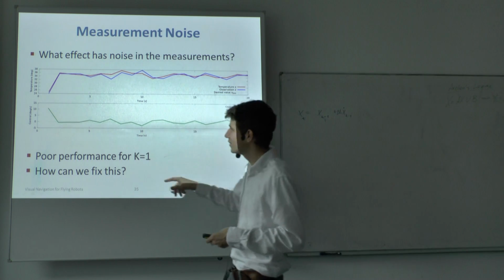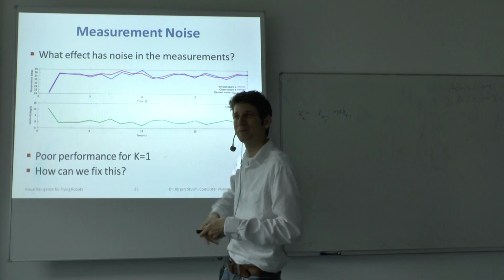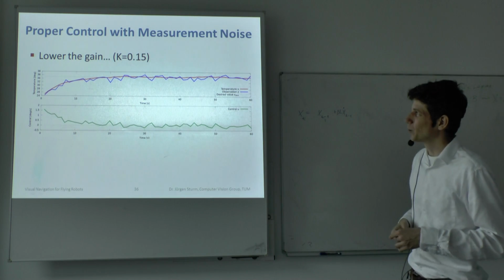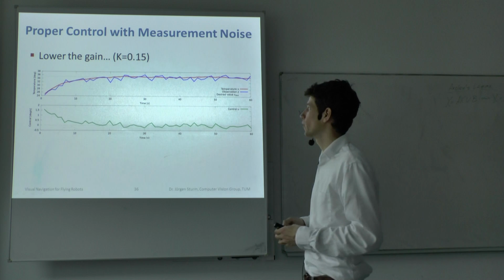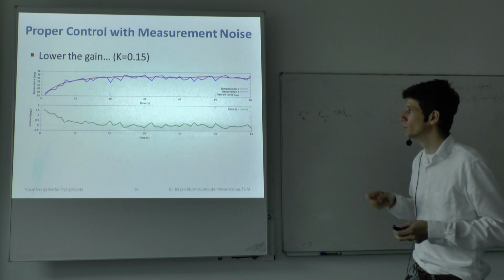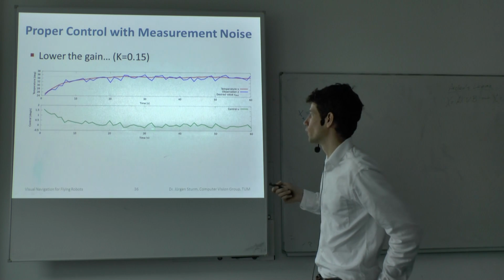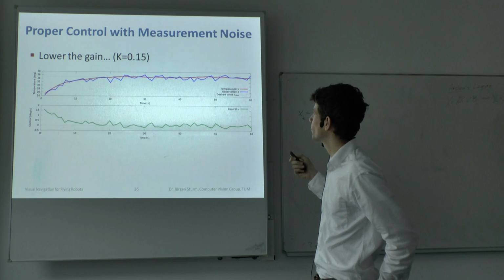And the other thing is that you can't really take your shower because you have to correct all the time, or you have to give control commands all the time. So one simple solution to this is to lower the gain. So if you have a smaller gain, then the correction in each time step will be much smaller, so your corrections will be smaller, and this also means that your convergence will be